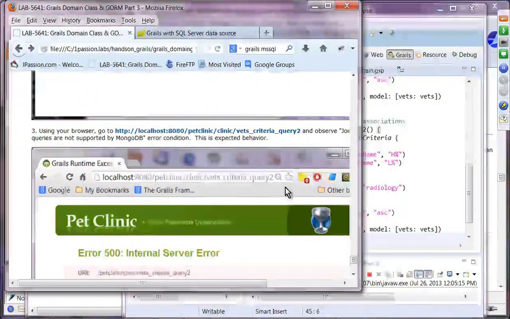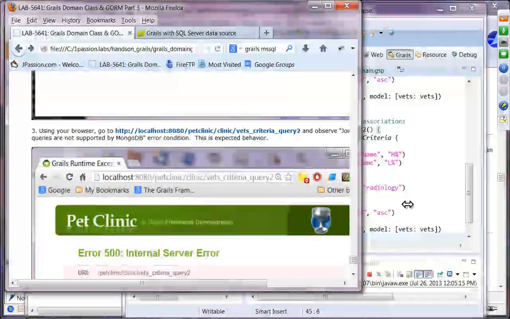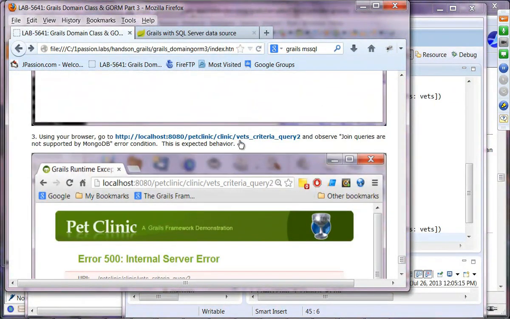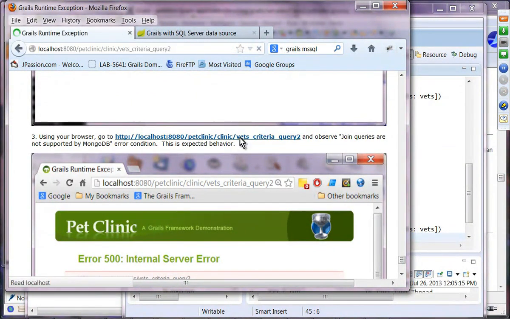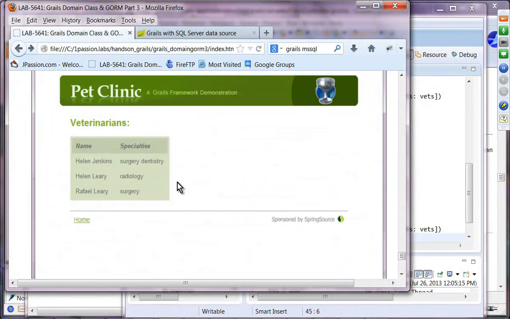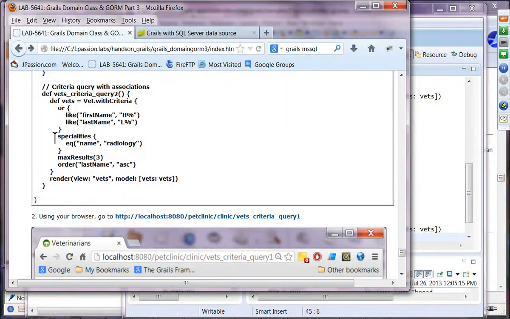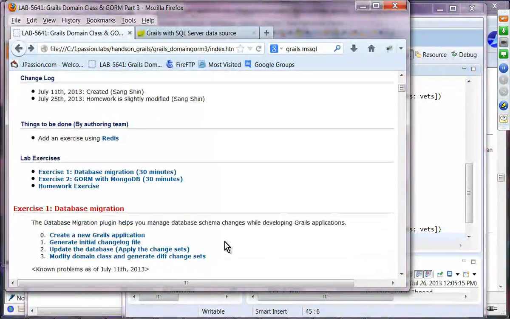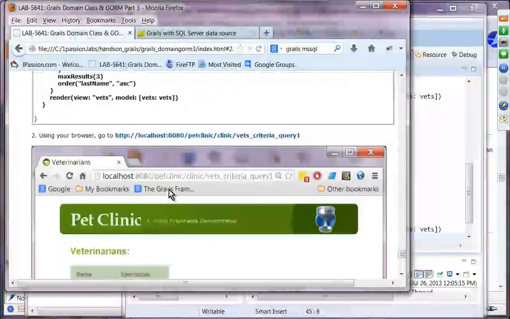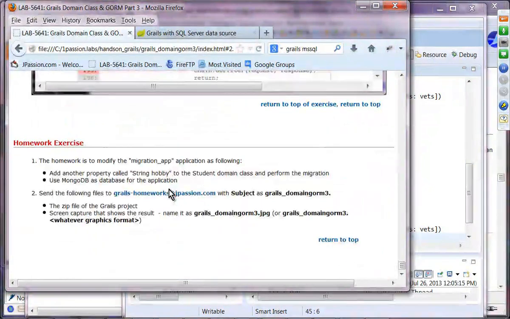All right. Now, join query. If I try this, you'll see join queries are not supported. So you can see some limitations. That is basically association, and this one doesn't get supported. All right, so that is the end of this exercise. So let me make sure that we